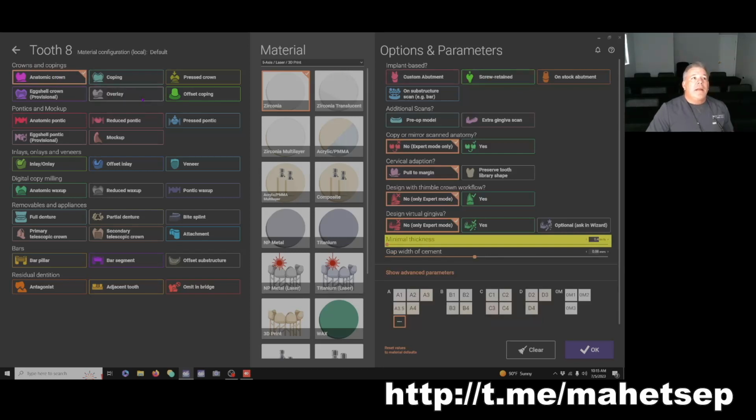On this side, they're asking, is this an implant-based restoration? And it is. So we can do a custom abutment, screw retained crown. We can do a crown on a stock abutment and on the substructure. When we select screw retained crown up here, you'll get this extra window that pops up,